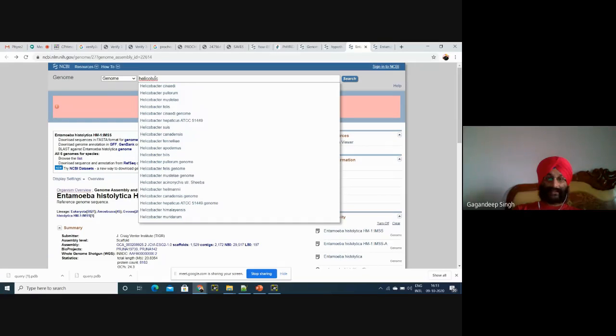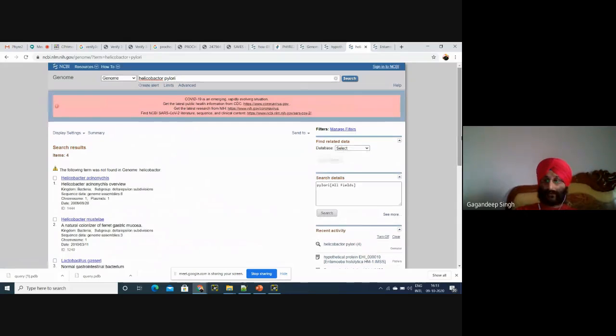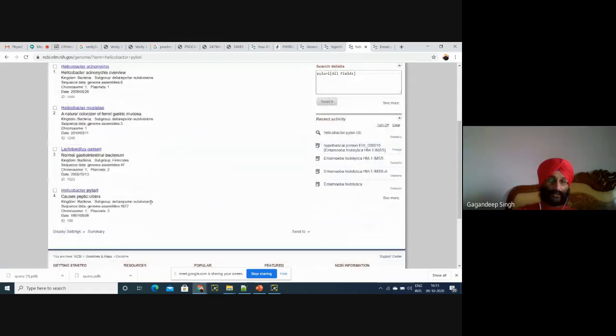I have characterized this Helicobacter for a particular single strain. There are several other strains which remain. This is the Helicobacter pylori that I have characterized for its hypothetical proteins.